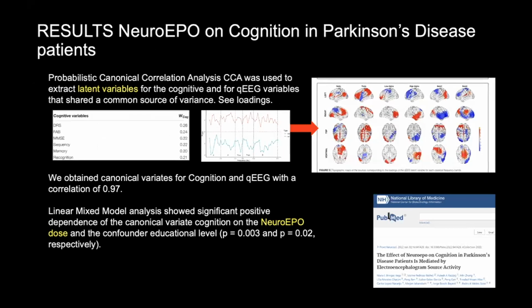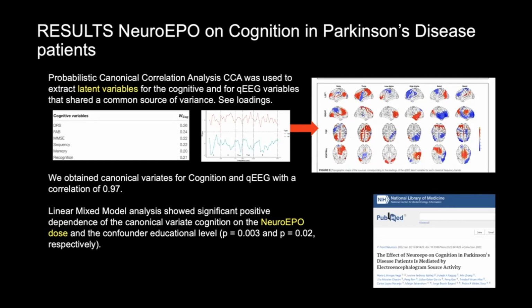The latent variable for the QEEG and the latent variable for the cognition share a common source of variance. Here we put the loadings, and the loadings of the latent variable for the QEEG can be mapped to the right with the significant areas for the different frequency bands. And we obtain a very high correlation between both of them,